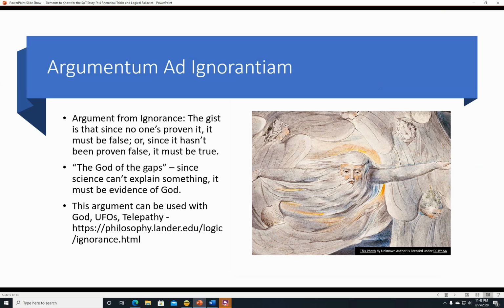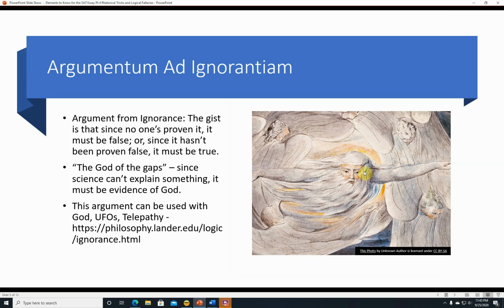Okay. Argumentum ad ignorantium. As you might guess, it's an argument from ignorance. So the gist is that since no one has proven it, it must be false, or since it hasn't been proven false, it must be true. Well, here's an interesting